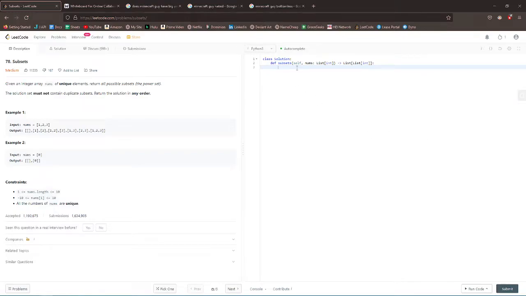So I want to look at this problem, Subsets. It says, given an integer array nums, return all possible subsets. So it can be in any order, and a subset is just any combination of the elements in any particular order. And there are multiple ways to solve this, but I want to look at the bit manipulation solution,